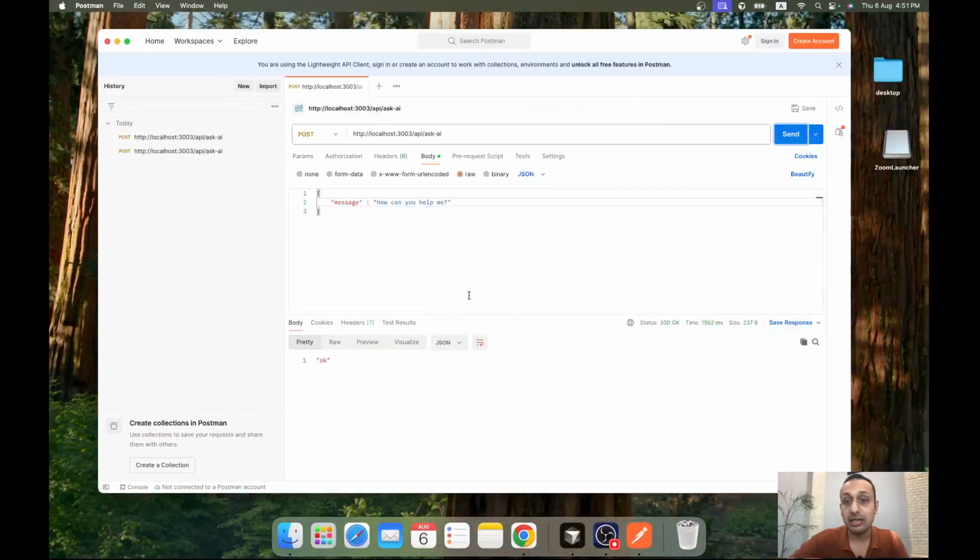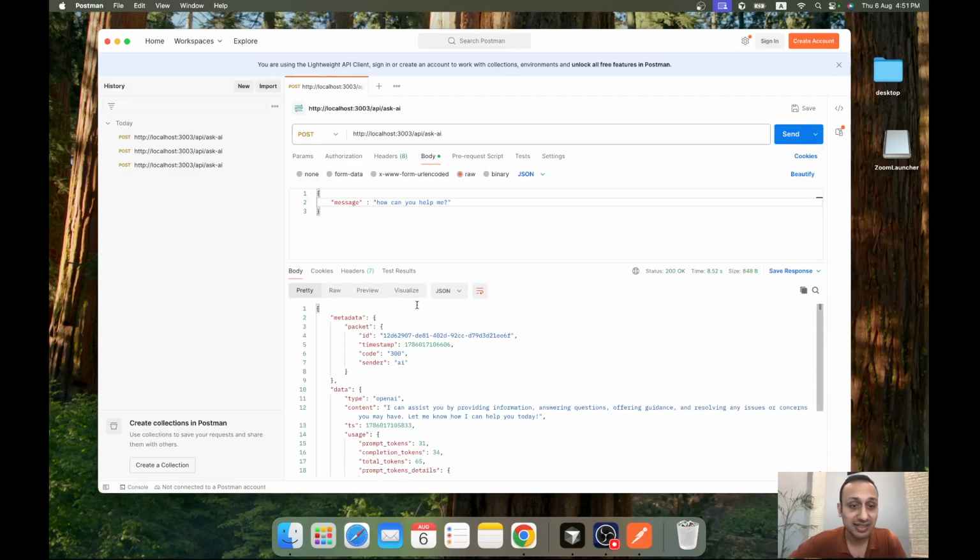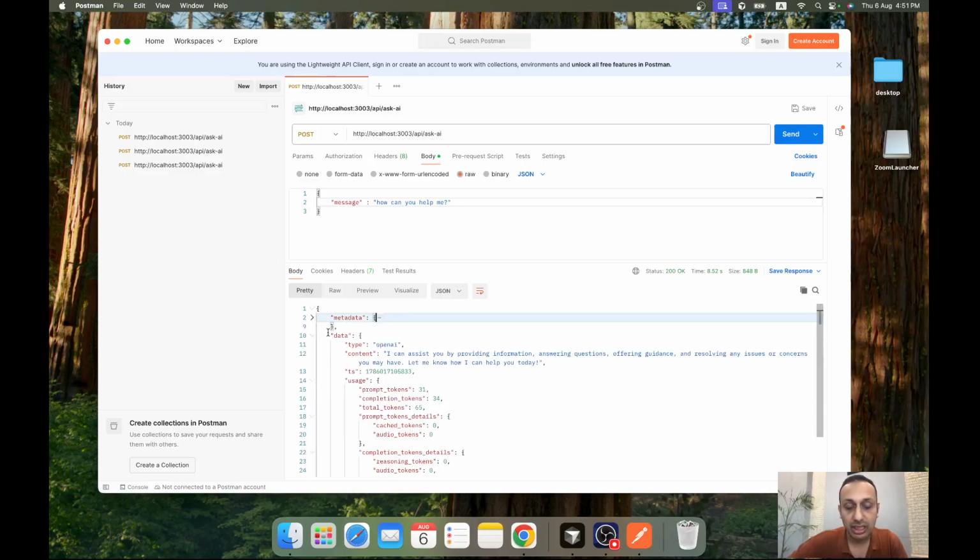So it started. I'll go back to Postman and I'll just say send. Now it's taking time because definitely we are doing LLM calls and everything. Now we have a very good response. Let's see what that is. So we have metadata that says what my packet ID is, the timestamp, and that it's coming from AI. So it's saying the sender is AI. That is good. Now in the data, it's saying it has used OpenAI,